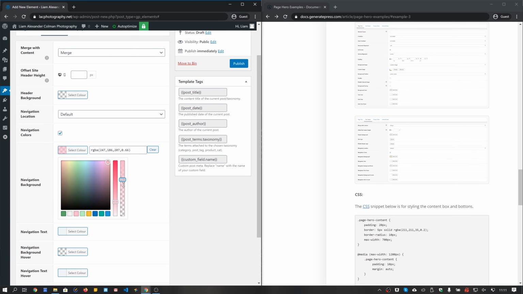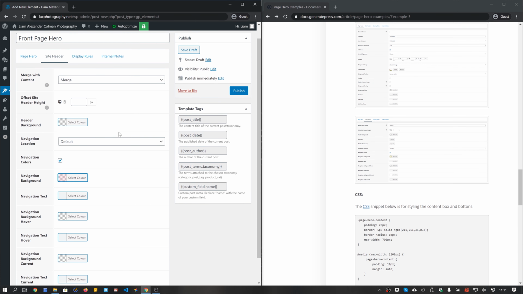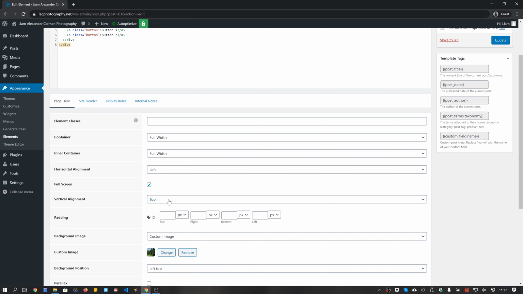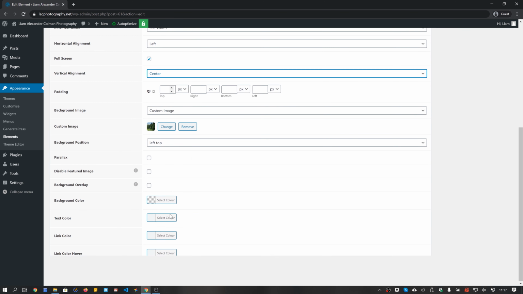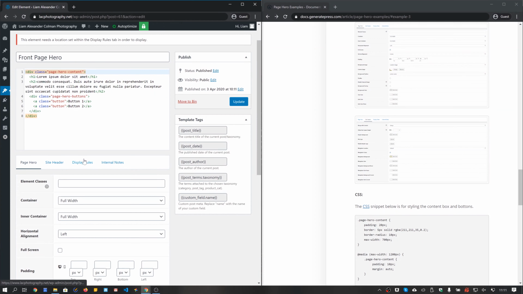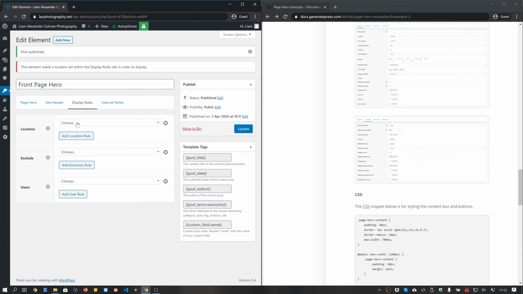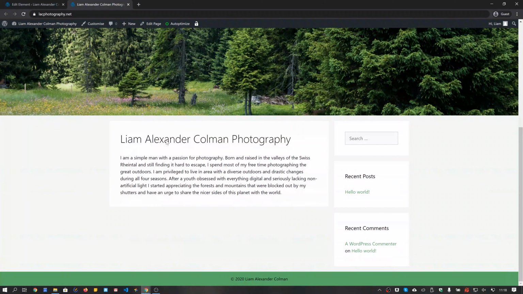Don't forget to adjust the navigation transparency if you actually want to see the image behind it. Under display rules, I'm going to set this to display only on my front page because that's where I want it. If we now visit the front page, we can see that there still is a lot wrong with